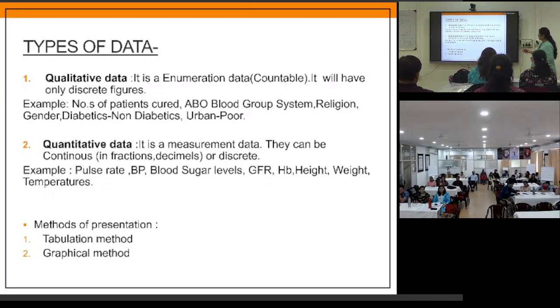Then after that, you have determined what is the category of my data. There are various presentations of data, so there is a separate presentation on it. Tabulation methods, graphical methods. Okay, so what we are doing ultimately is reducing the data. There was 1000 data points, and now we are reducing it into an interpretable form. So we have to make certain charts, diagrams, tables, and we have to give the huge data. Everyone wants to know what the mean came out to be.